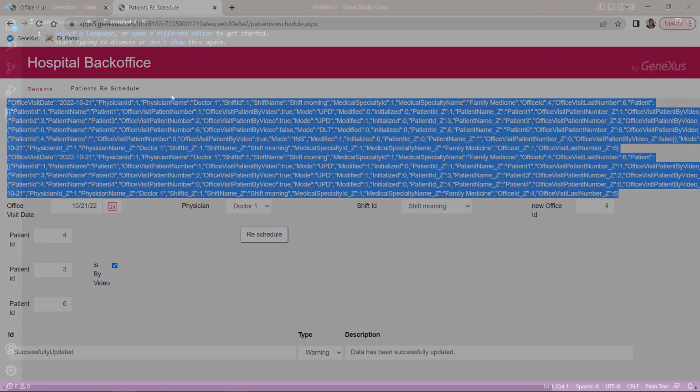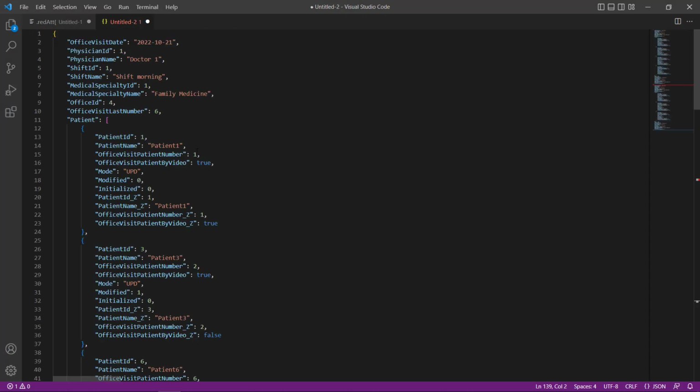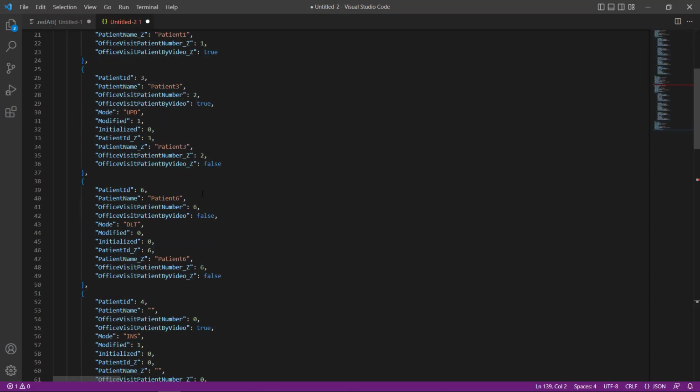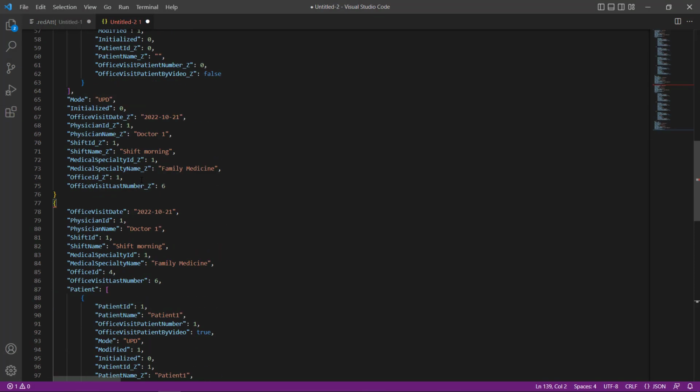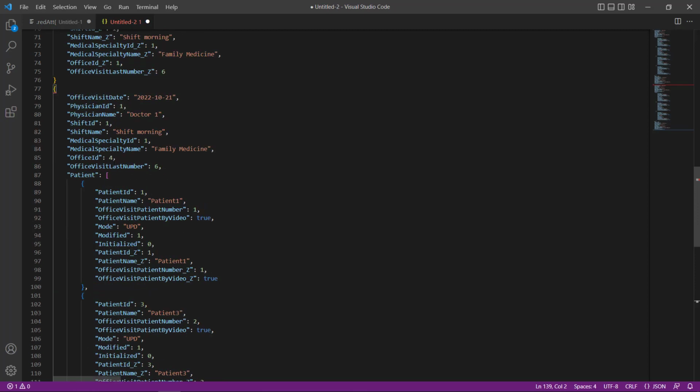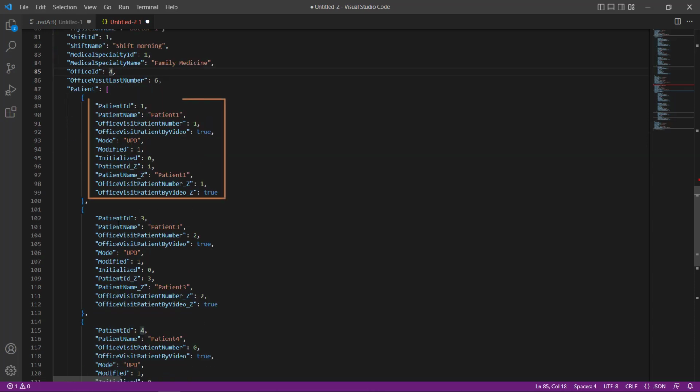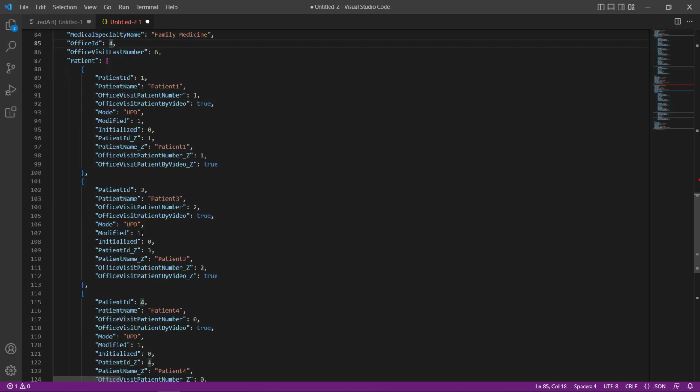Now let's analyze the two JSONs, the ones before and after the update. Here's the previous one, which we've already analyzed. And here's the one after the update, where the office has effectively been changed. Patient 1 is exactly the same as it was. Patient 3, which we updated by setting it to true, and now we see that the value in the database, of course, matches the value in memory.